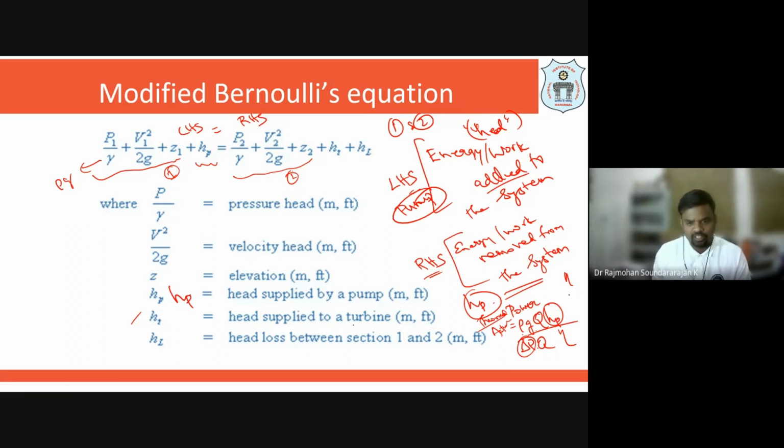If it is a thermal power plant, steam generated from the coal is used to run the turbine. If it is a hydropower plant, water is used to run the turbine. Water from a very high elevation is transported through a penstock pipe, which makes the turbine rotate. Other than that, there are several losses happening in the system, which we are going to discuss in detail in this lecture. Between any two sections 1 and 2, there can be different types of losses.